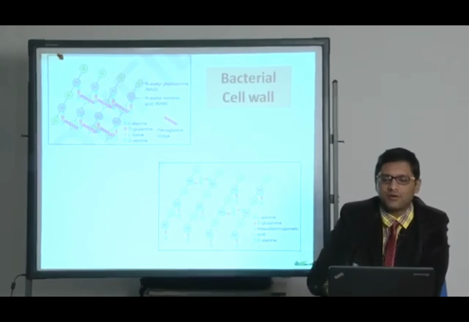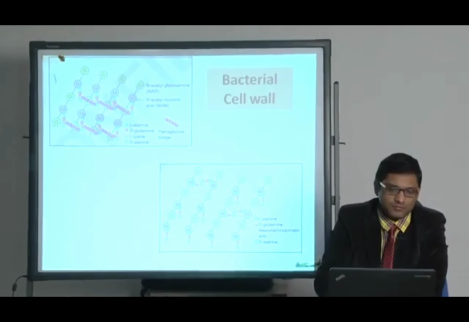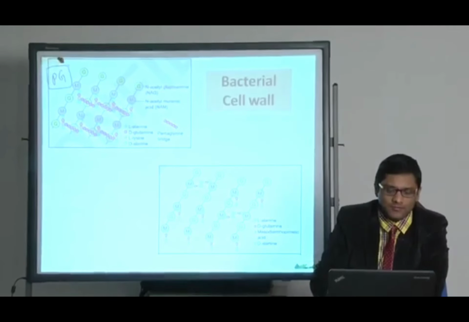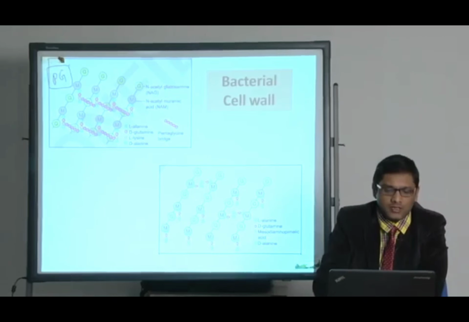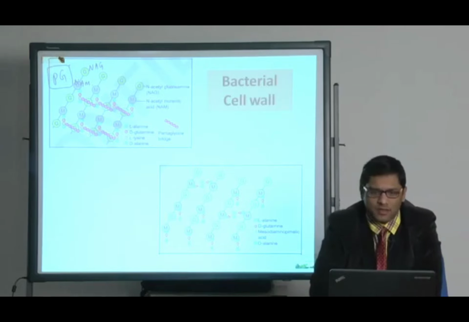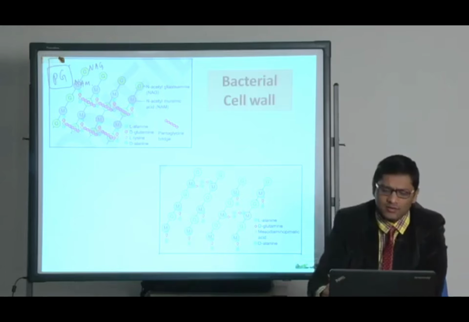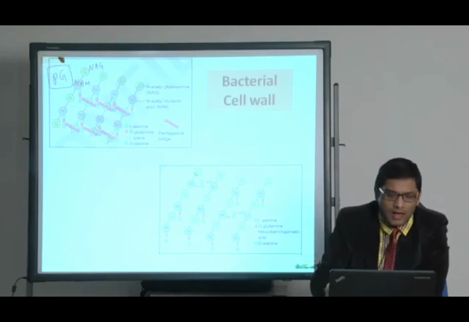Next is the differences between a gram positive and a gram negative bacterial cell wall, especially the peptidoglycan. When you look into the peptidoglycan layer, the peptidoglycan layer of gram positive cell wall is composed of alternate NAG and NAM molecules. NAG is N-acetylglucosamine, NAM is N-acetylmuramic acid. So, even gram positive or gram negative cell wall, both the peptidoglycan layer is composed of multiple layers, and each layer will have alternate NAM and NAG molecule. The difference is